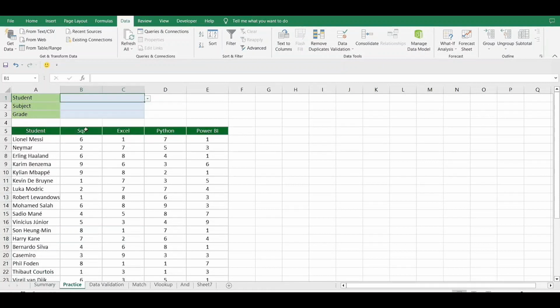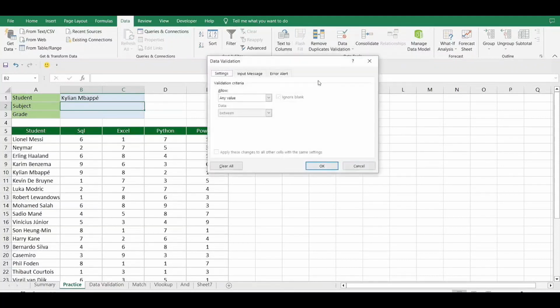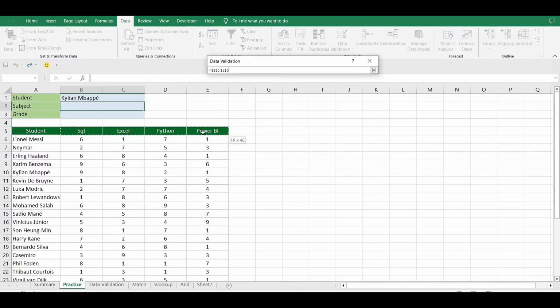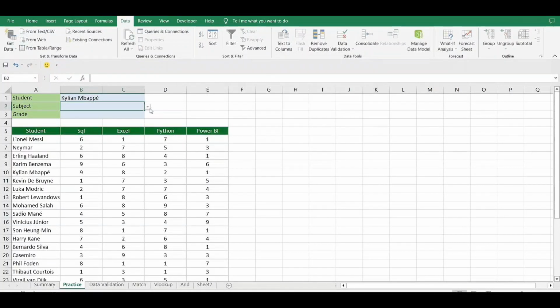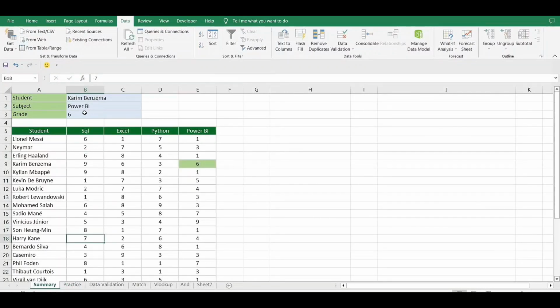Done. Similarly to the student. Select cell B2. Data. Data Validation. List. And select Range. Done. Next, we will combine the VLOOKUP and MATCH functions to find the grade of a student for a corresponding